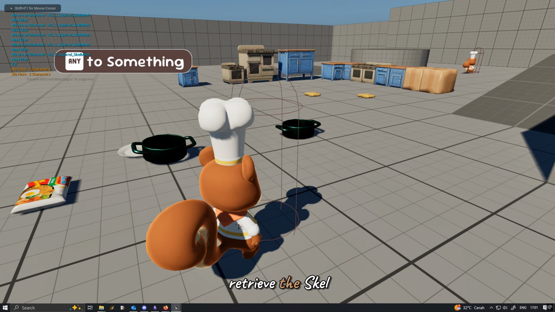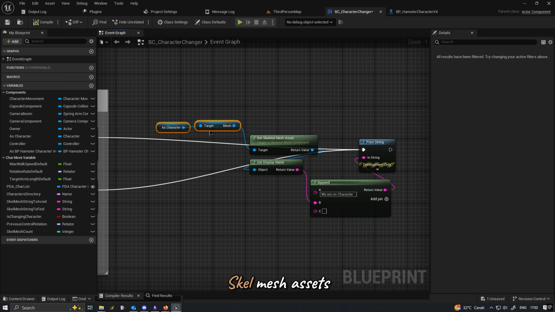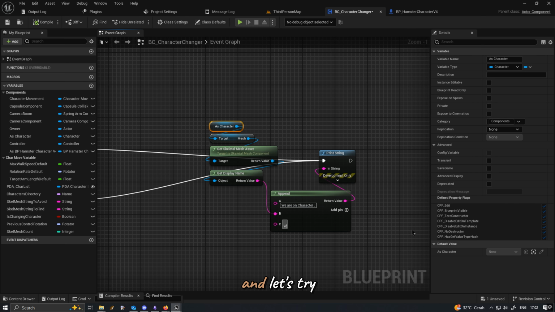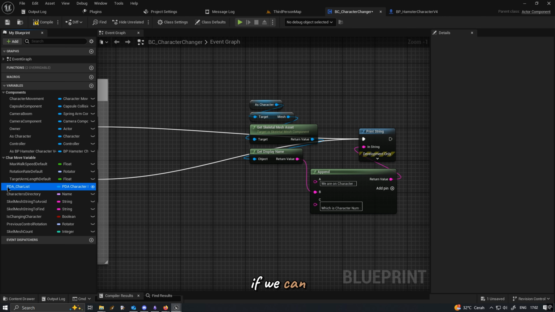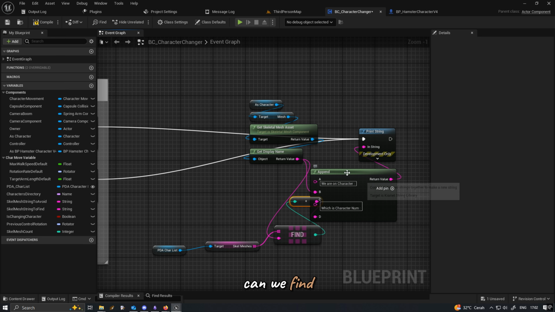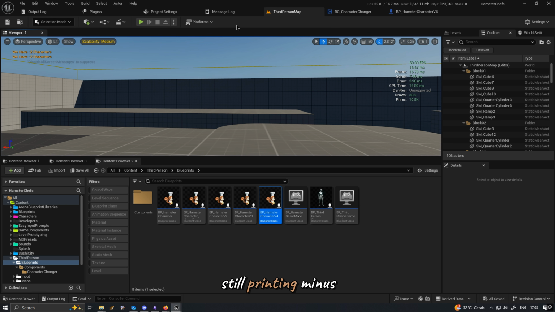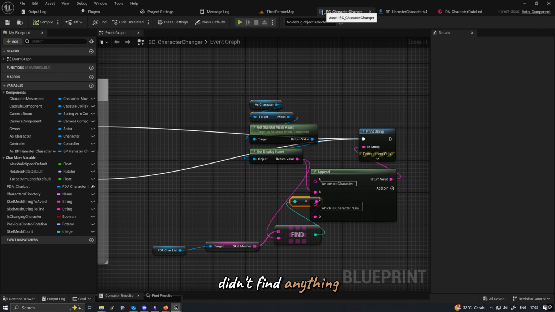We retrieved the scale mesh from as character, get mesh, and get skeletal mesh asset. And let's try if we can retrieve using that scale mesh name. Can we find that scale mesh name in the PDA? Right now it's still printing -1, that means it didn't find anything.